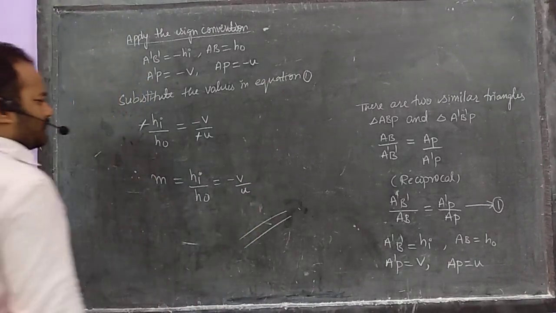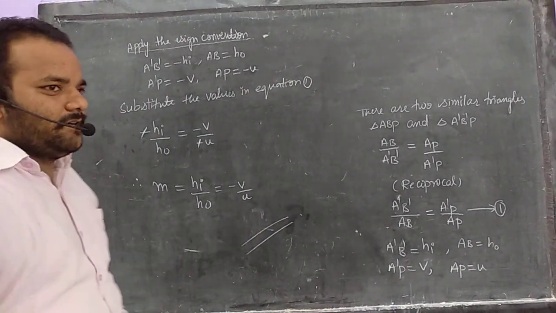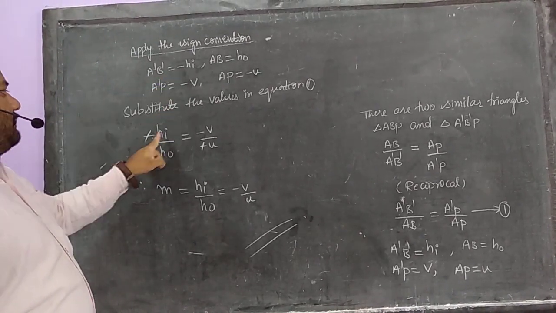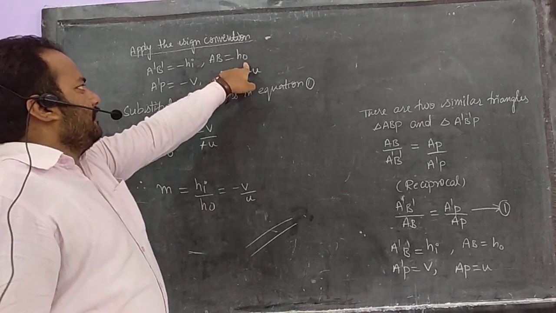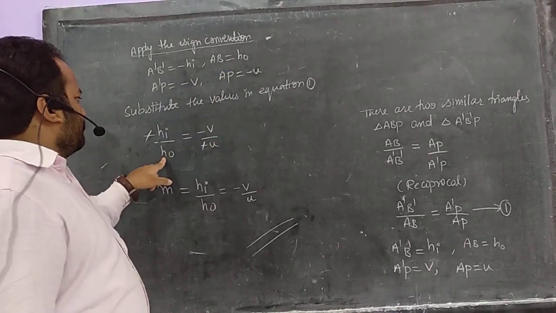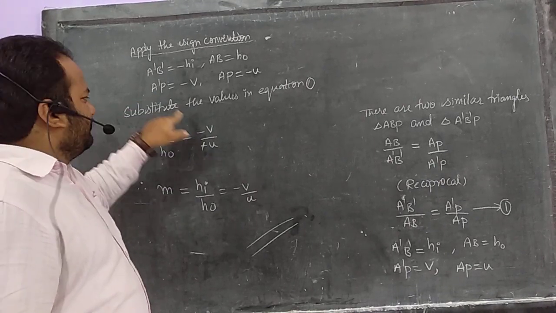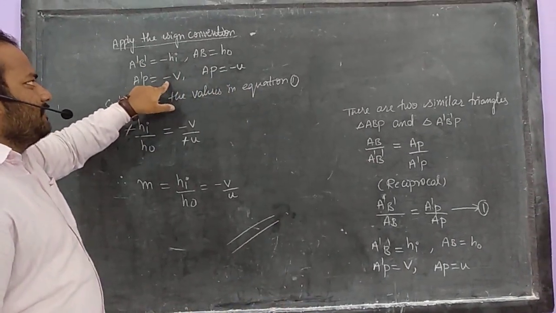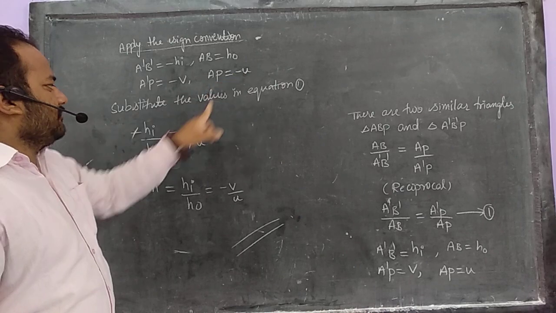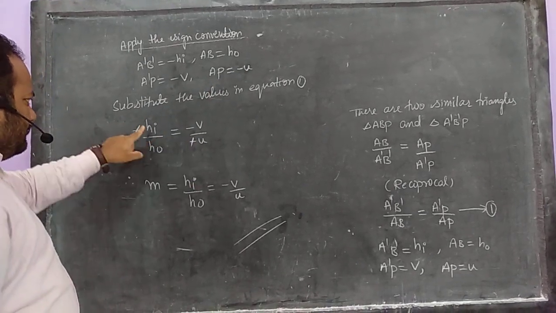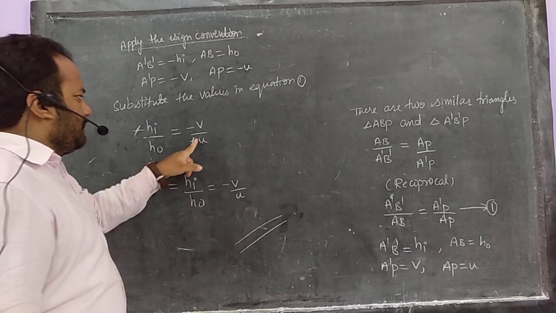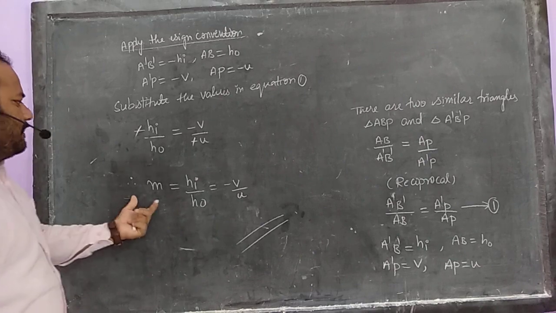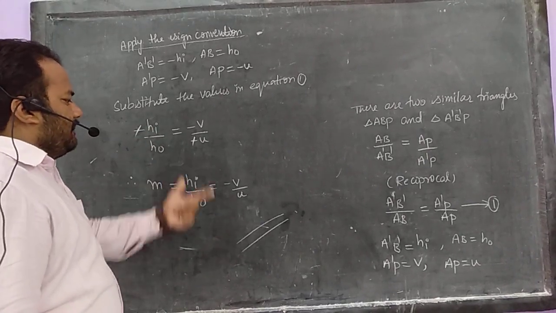This is one of the important derivations, and a formula which is going to come in the exam. See once again: the height of the image below the axis is minus HI after applying the sign convention. The height of the object above the axis is plus. What is the image distance? We represent it with V. Here we wrote V after applying the sign convention, it comes out negative, minus V, and the object distance minus U. So this minus of the height of the image and this minus of the object distance, numerator minus and denominator minus, get cancelled. And what remains? M is equal to HI by HO is equal to minus V by U.